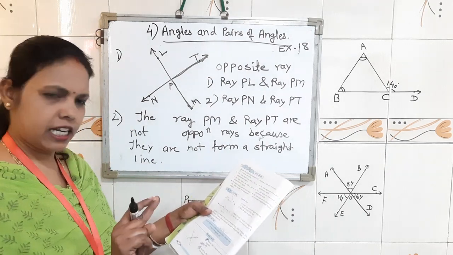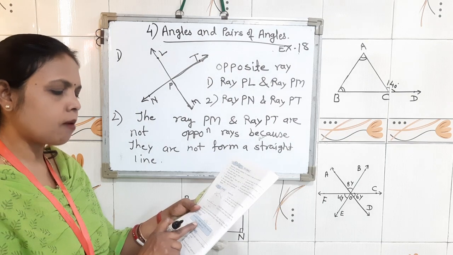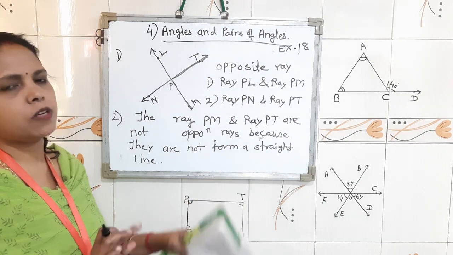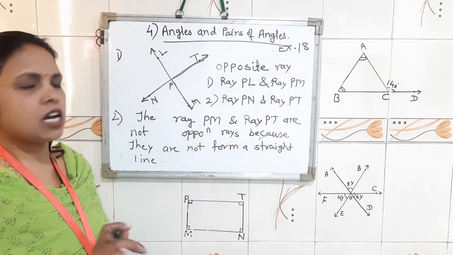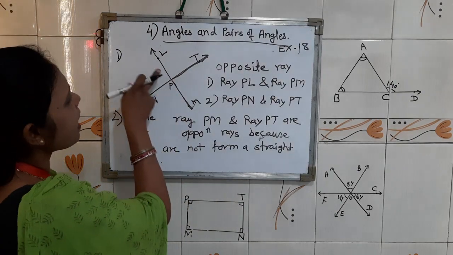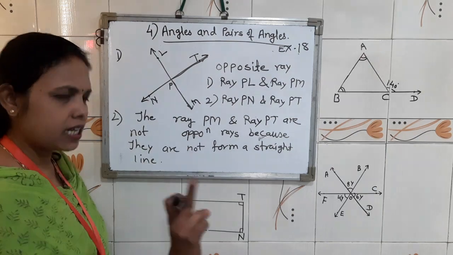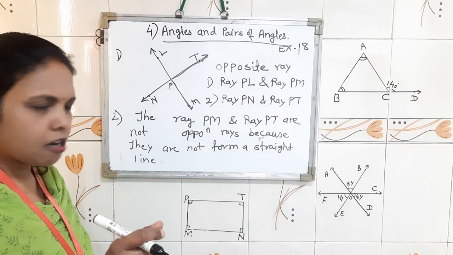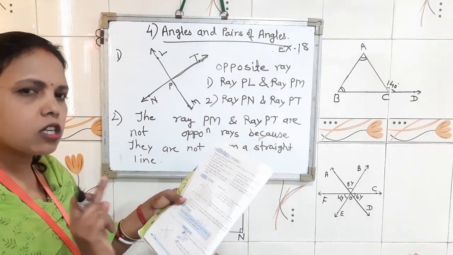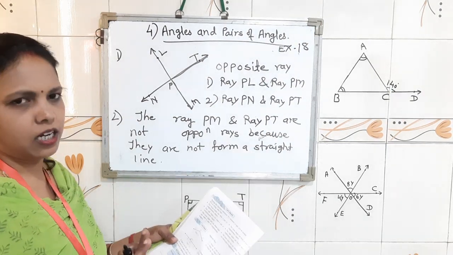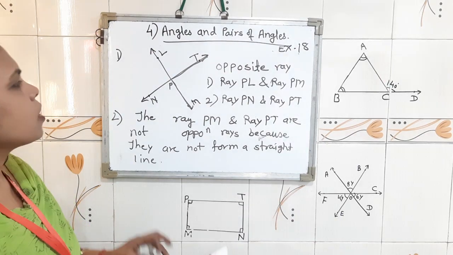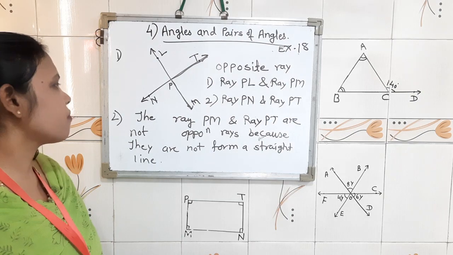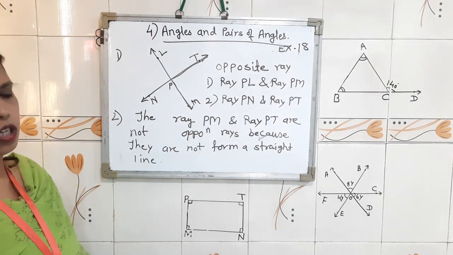That is, two rays which have a common origin and form a straight line are said to be opposite rays. Here in short I have given that opposite rays should be in a straight line, and for fill in the blanks or some other reason you should remember this given statement. So I hope you all understood exercise 18 question number one and two both. So children,